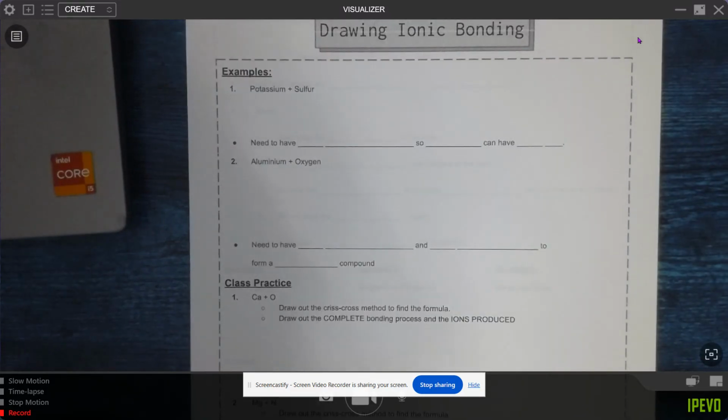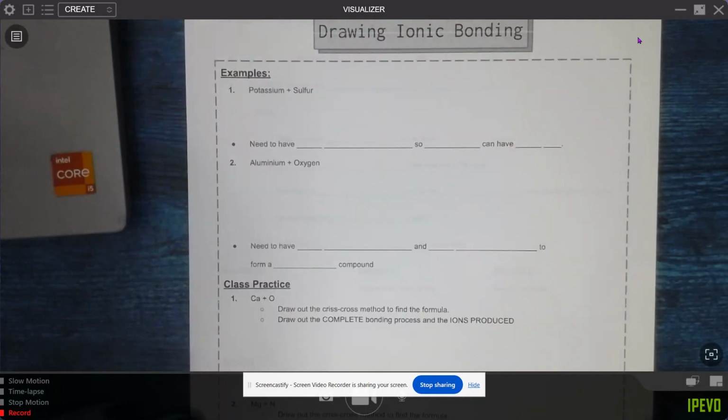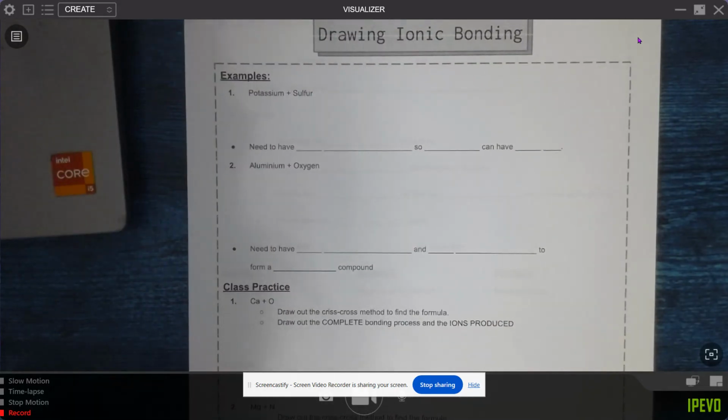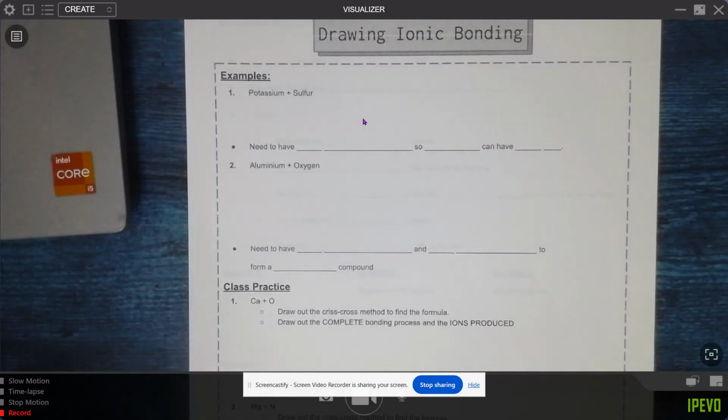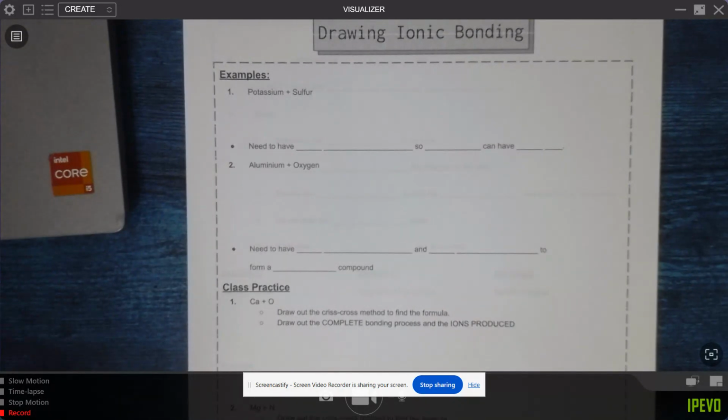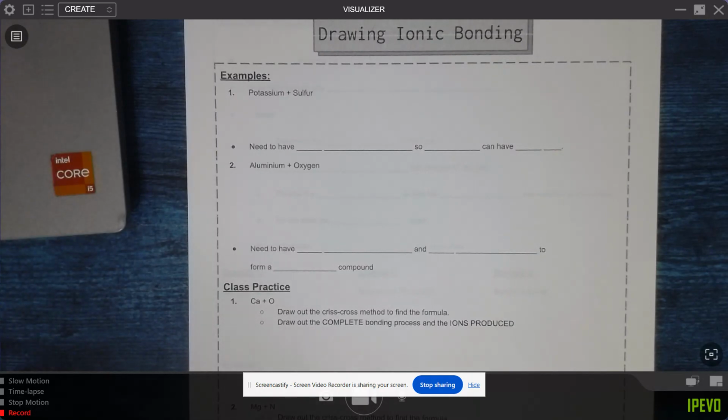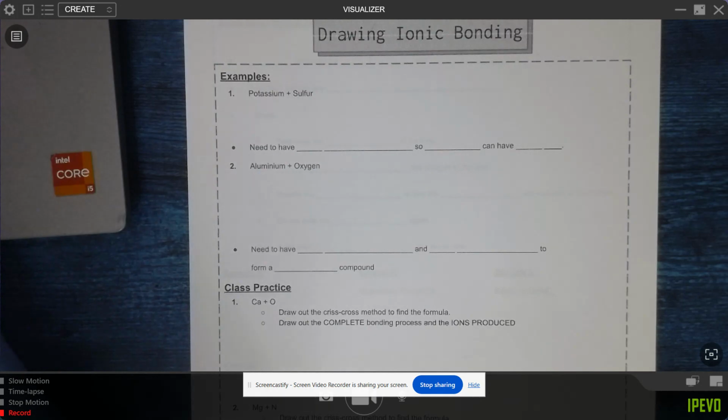Hey guys, this is Mrs. Lyons, and this video is going to show you what you need to know to be able to draw Lewis structures for ionic compounds. Okay, so last unit we talked about covalent compounds where electrons were shared between two